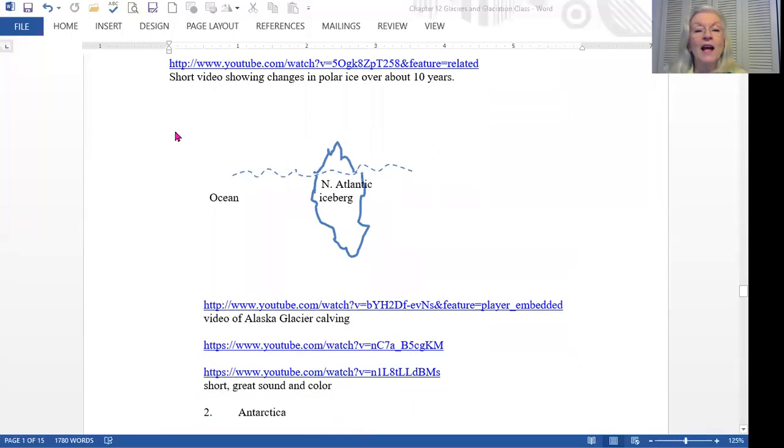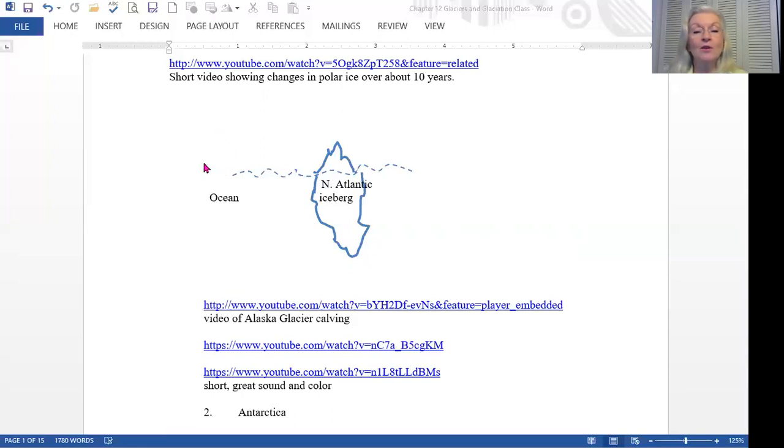If we look at a North Atlantic iceberg, it would be shaped like this. So you'd have this jagged, sort of more narrow and tall piece of ice with most of it underwater. Looks like the way most of us would draw an iceberg. North Atlantic icebergs tend to come from these ice sheets in the North Atlantic. And we'll have videos of them breaking off and calving. There are some wonderful ones taken by people who went on cruises, which is really the best way to see